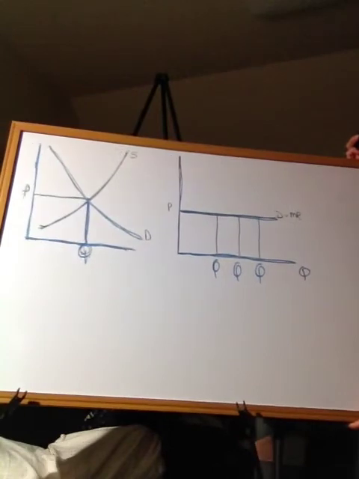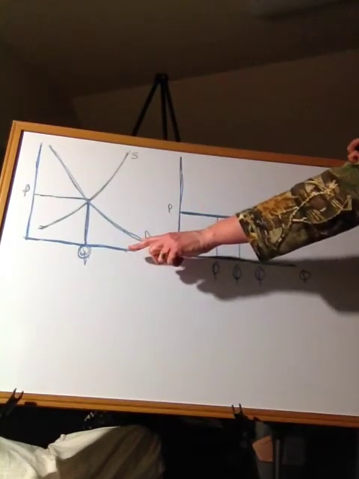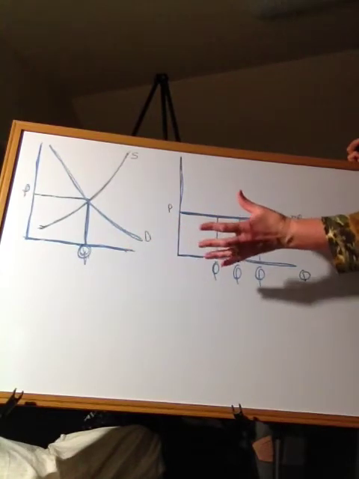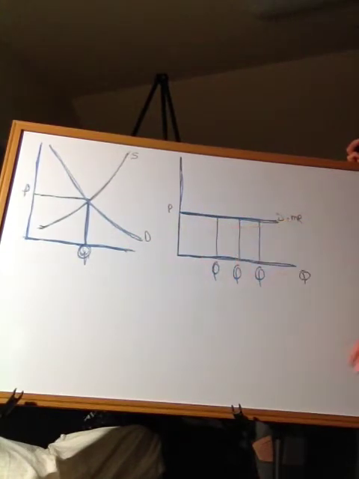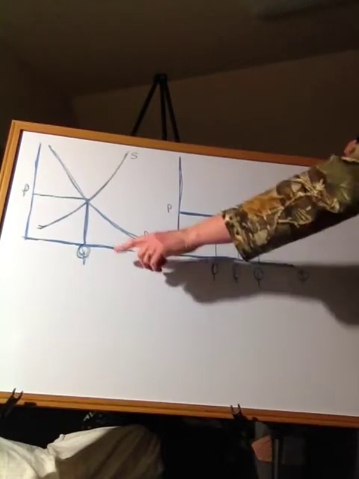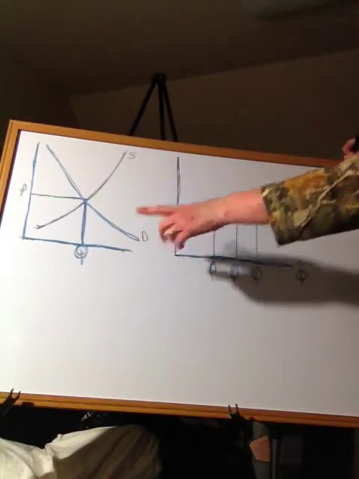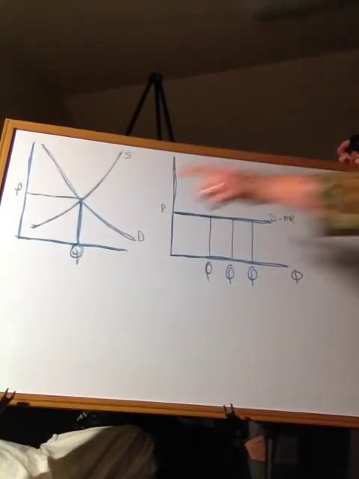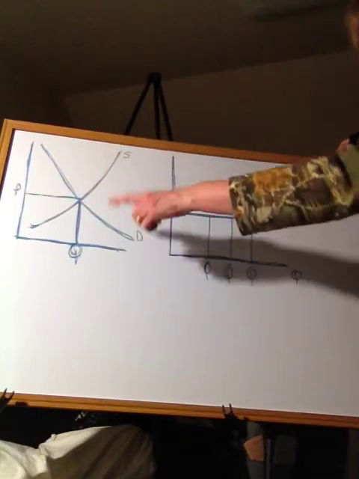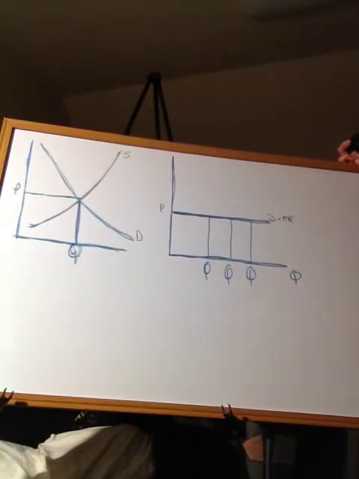What I have drawn here are basically two markets. This is your total market for anything that happens to be in perfect competition. For example, if we look at farming or agriculture, we find that that is a market that's fairly perfectly competitive. So what we have is a total market for something like corn. This would be the total demand and the total supply for the worldwide supply and demand for corn, and this would be the price, the going price for corn, and this would be the quantity of corn that would be sold in the global market.